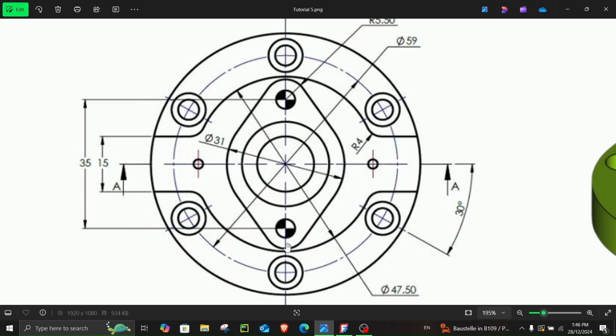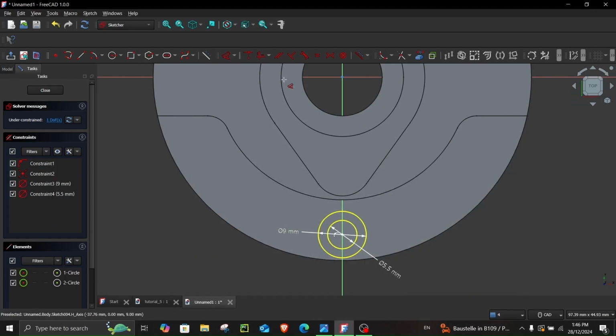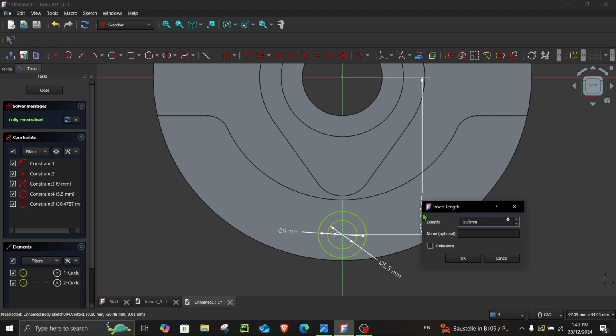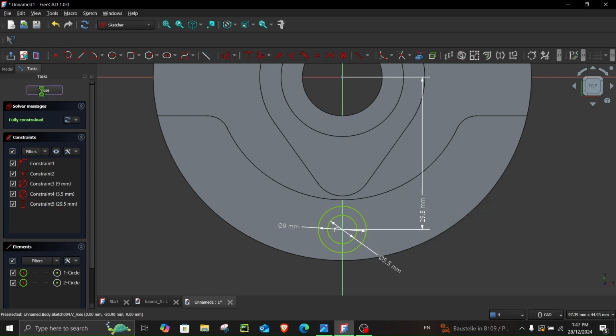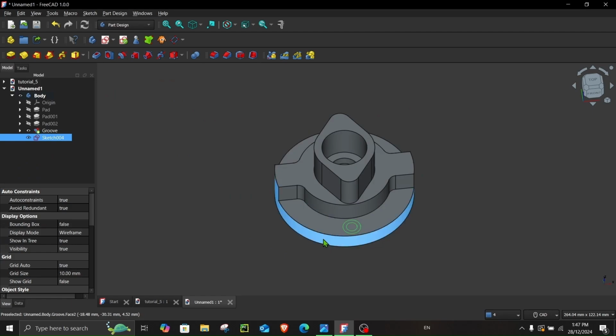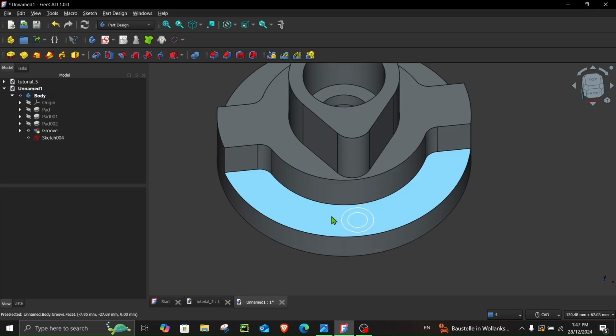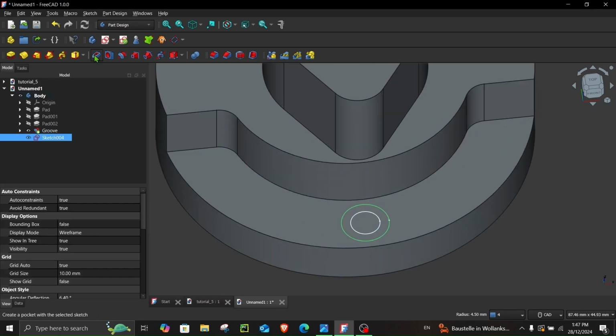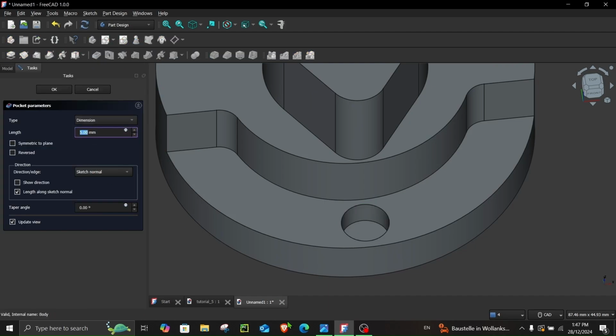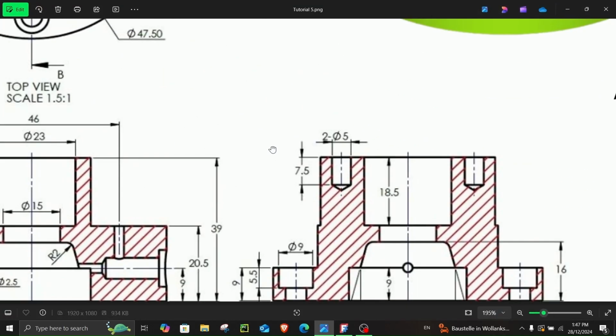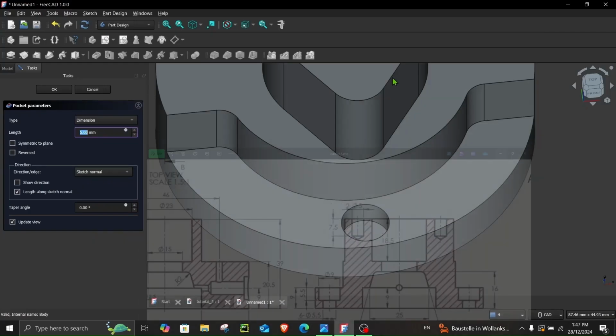So that means from the center, this would be 59 divided by 2. So from here to here, this is 59 divided by 2. Let's close this, and so choose this circle and then click here. Give this a depth of 5.5,